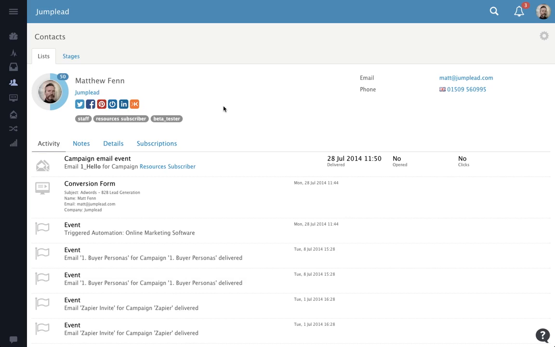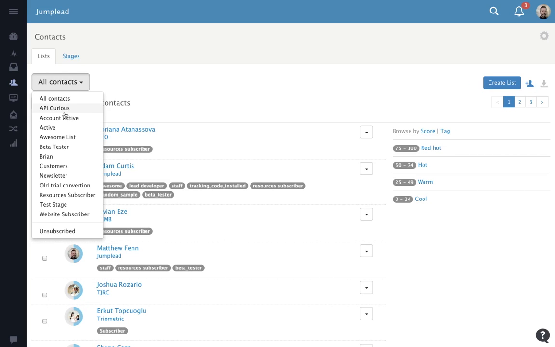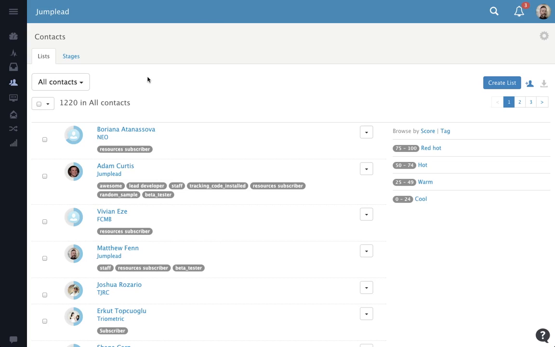Within Contacts there are 2 navigation tabs. From the Lists tab, you can create segmented lists to be used by email broadcast campaigns. These lists use the tags and stages associated with individual contacts to identify super targeted groups of people. You can add a tag or change the stage of a contact whenever they complete an activity that triggers an